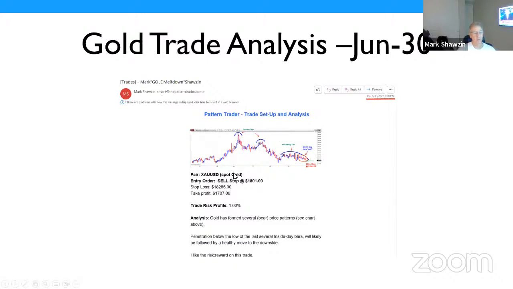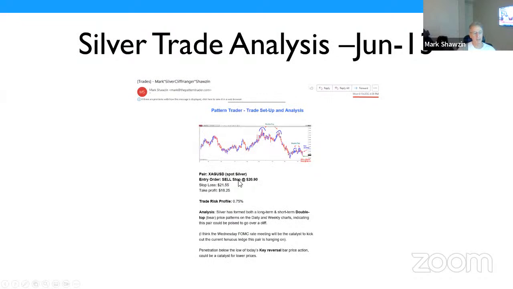This was in gold. XAU USD is the ticker symbol for spot gold. At the end of June, about a month or so ago, I said, go ahead and get short gold at $1,801 based on some price patterns. So what I try and do is share what I'm looking at on the price chart. I draw up the trade here, and then I describe what I'm looking at on these price charts. And so I said, go ahead and short gold at 1,801. I also said sell short